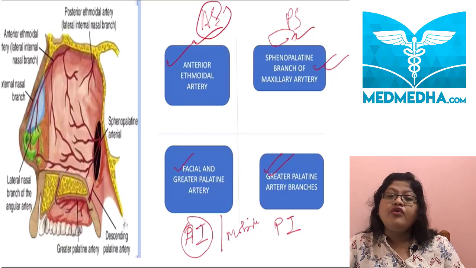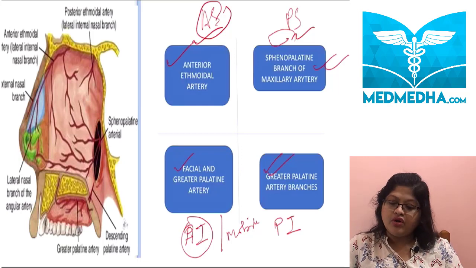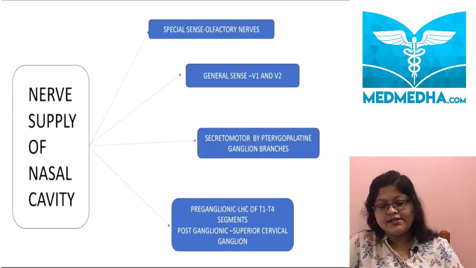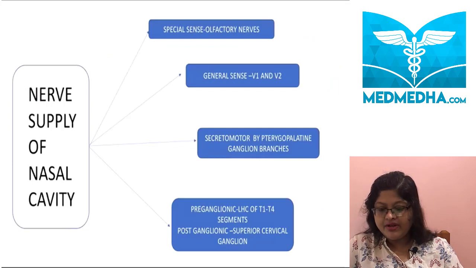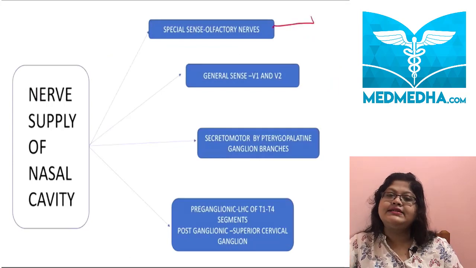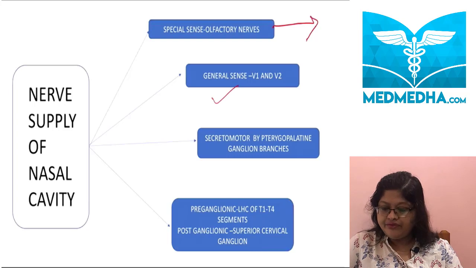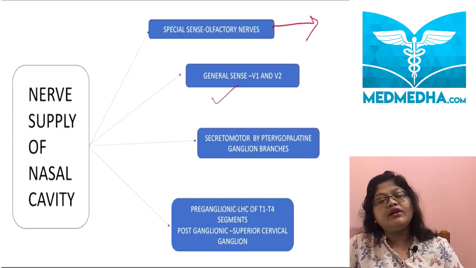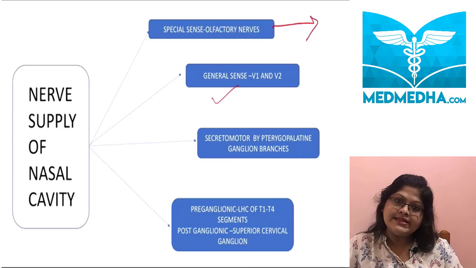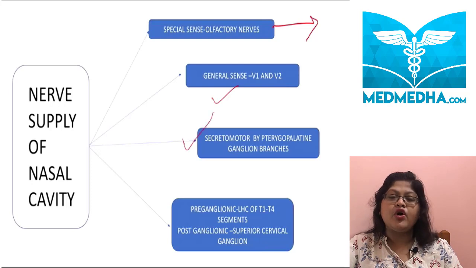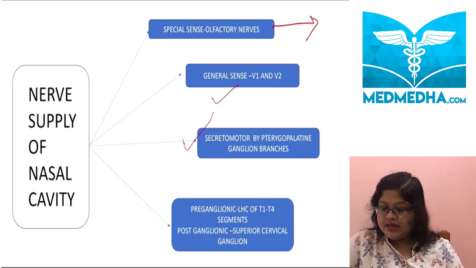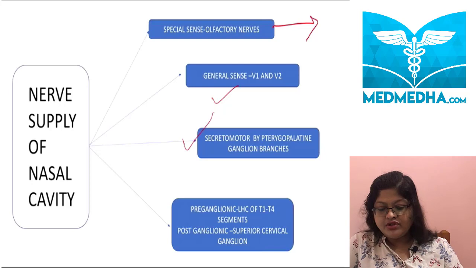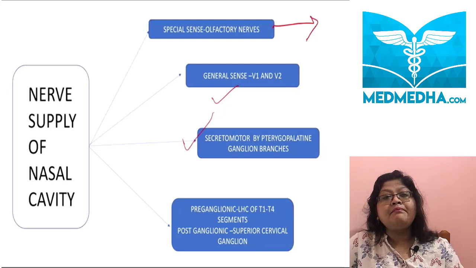For the nerve supply of the lateral wall of the nasal cavity, the special senses are carried by the olfactory nerves, general senses carried by the ophthalmic and the maxillary division of the trigeminal nerve. The secretomotor fibers to the nasal glands are carried by the pterygopalatine ganglion branches, and the sympathetic